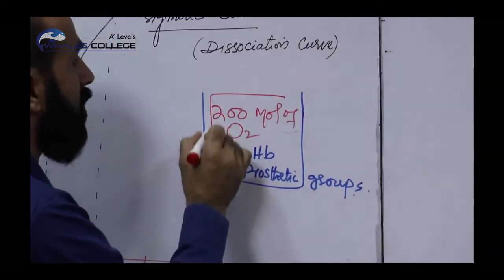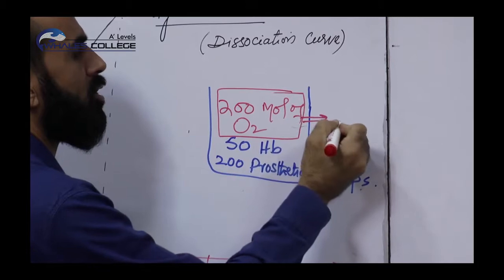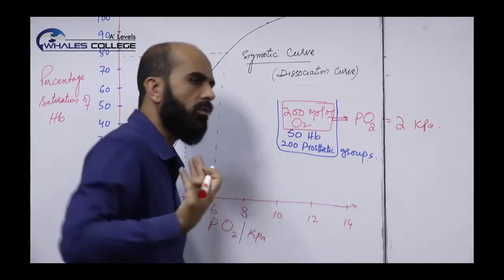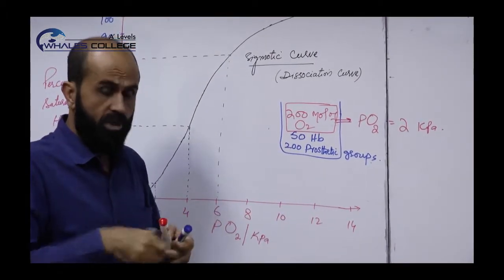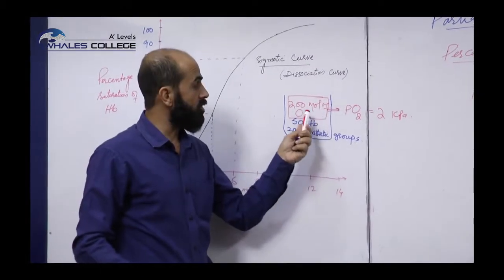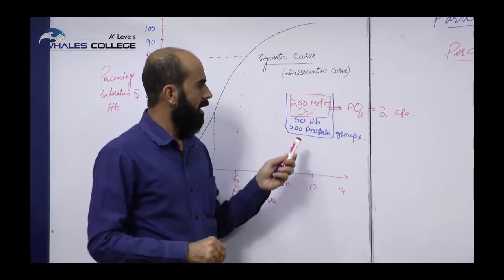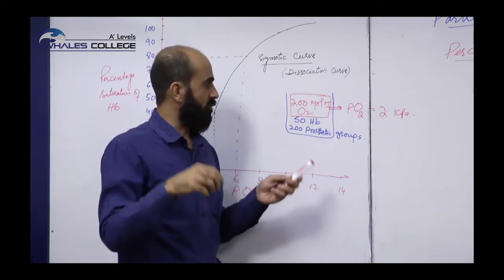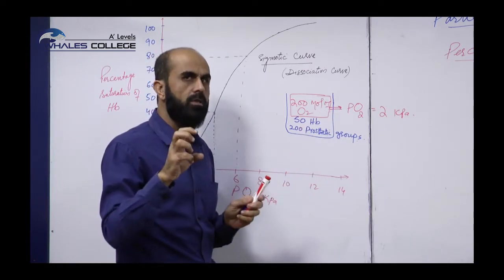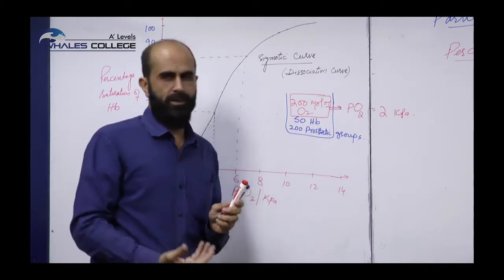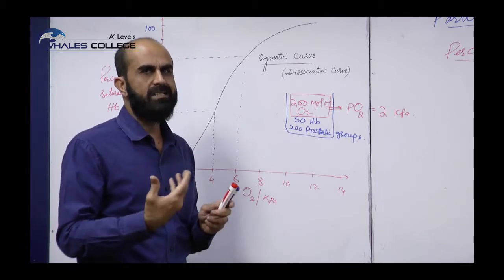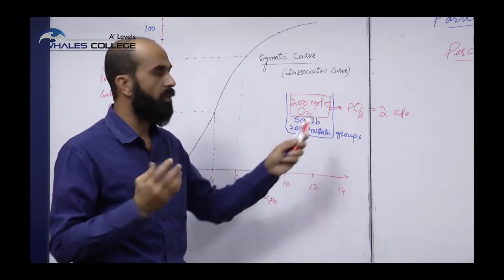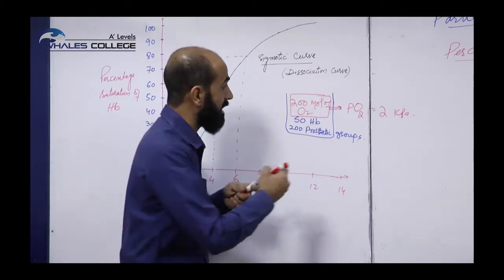Suppose these 200 molecules make a partial pressure of just 2 kilopascal. I'm just giving you an example, not necessarily that they have the same values, just to imagine. 200 molecules of oxygen make 2 kilopascal, which is quite a low partial pressure of oxygen. At such low partial pressure, the hemoglobin molecule takes a long time to reach saturation. But still, the hemoglobin's 200 prosthetic groups do not have the ability to pick up all this oxygen, and surprisingly,